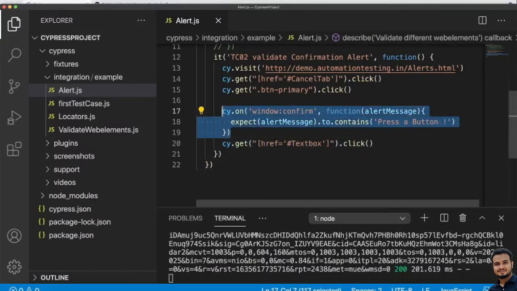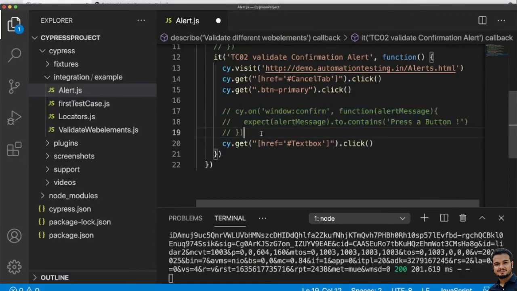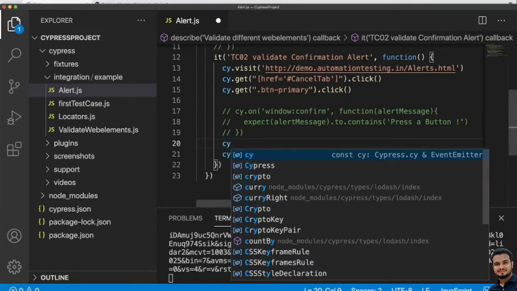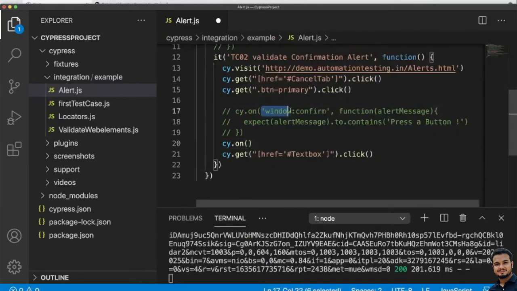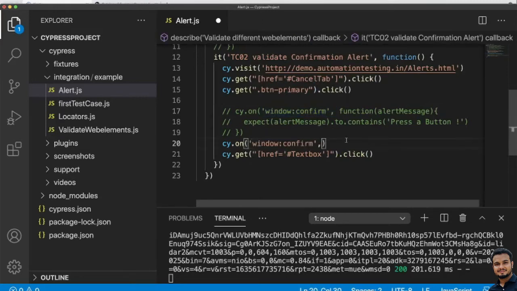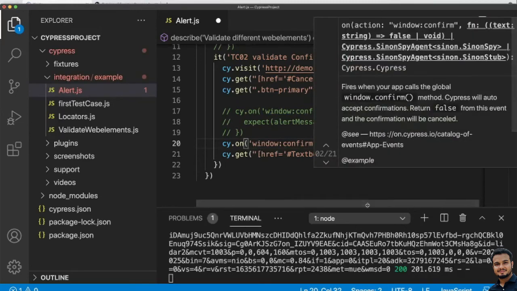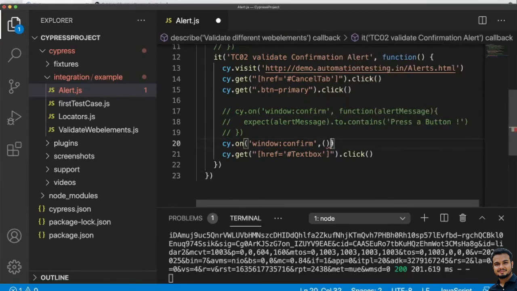So first let me comment out this one, and then we will write cy.on, then we will use the same event we have used here. Let me just copy it. This is another way, like your JavaScript function you can also write.